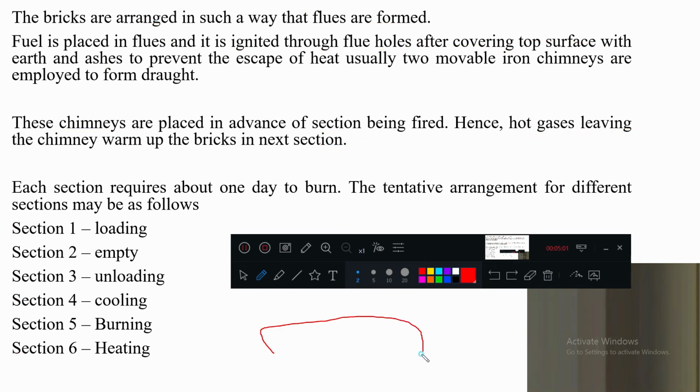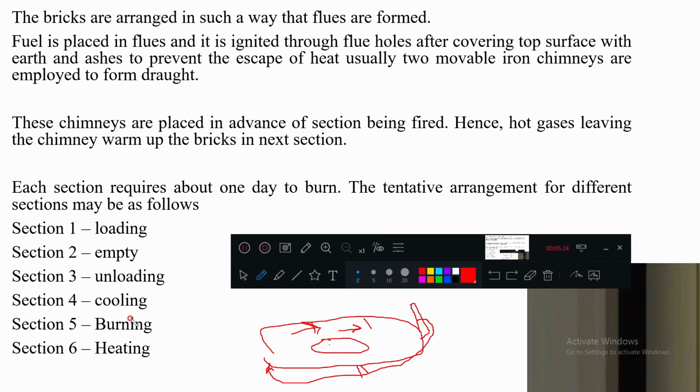It is in an oval shape. Okay, there will be compartments. So outer wall, inner wall, flue pipes, and there will be one chimney. That's all. When burning is started through the flue pipes, everything is burnt and the chimney is rotated. Whatever the burning chamber is, the chimney location will be there. So in this section, if burning is there, the chimney is moved here, and after complete burning the exhaust gases will go, and in the next process the next section will be burning, so the chimney will move. That's all you need to remember. Okay.